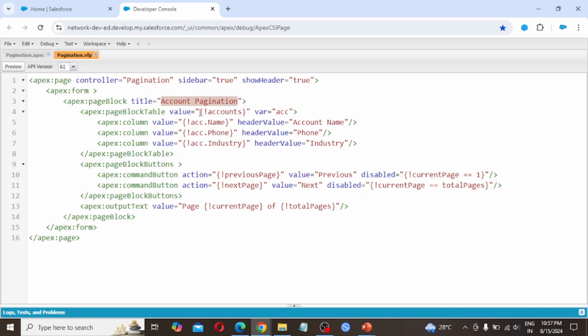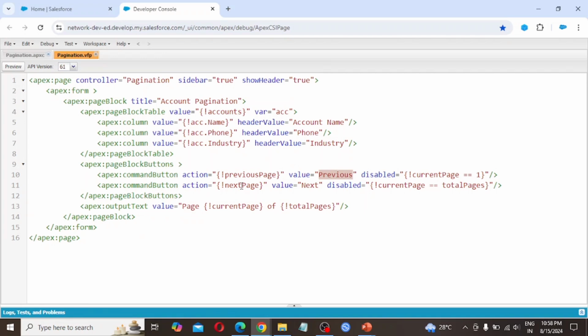apex:pageBlockTable value equals accounts. We are creating the variable acc. So acc.Name, header value would be Account Name. acc.Phone, header value is Phone. acc.Industry, header value is Industry. Then the pageBlockTable is closing. Again apex:pageBlockButtons, apex:commandButton, action previousPage, value is Previous, disabled if currentPage is not equal to 1.